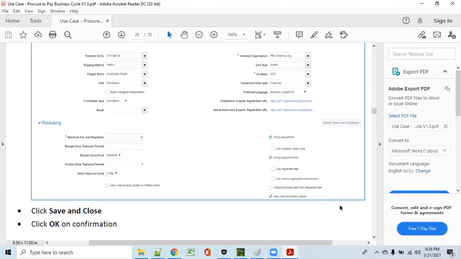Other than that, nothing you can do with the prospective type of suppliers. If it is spend authorized, then you can do the entire procurement activity with him. So that depends actually. Whenever startup companies and new companies are there, they will go for prospective.